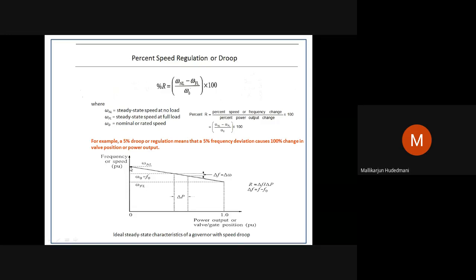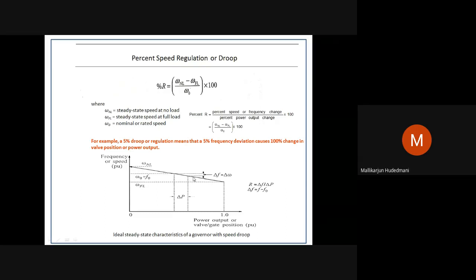Then as and when the generator finds loading on it, the load on the generator is gradually increasing. Then I move along the x-axis gradually from no load, and load is increasing. Then definitely the RPM or frequency, if I make it an RPM scale, the RPM will fall. If I make this a frequency scale, frequency drops like that. So when the load increases, my profile moves along this line. So as the load increases, there is a fall in speed. This will continue to a certain point